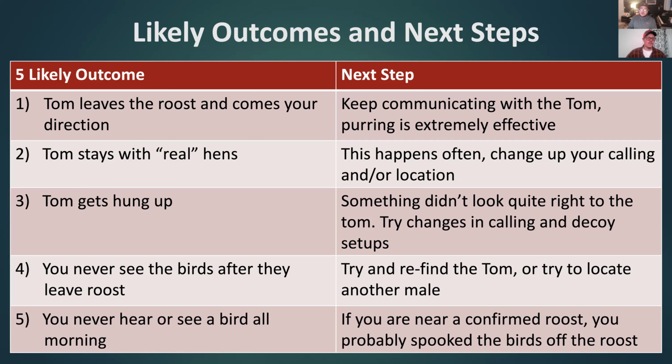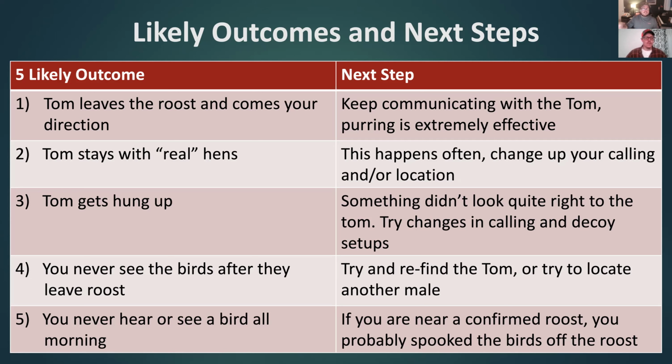Now, in a scenario where that happens, that's what we call henned up. That's what Curtis was talking about a few minutes ago with the cut vocalization. That can be really effective on a henned up turkey, because essentially what we're trying to do is tick off that dominant hen that he's with. So instead of calling to that tom like we have been all morning, I'm going to switch and start calling to that female. The way we do that is what we call a boss hen strategy. So she's going to be yelping. Every time she yelps, interrupt her. Just get louder, get more agitated, cut her off. When she starts to yelp, you yelp louder.